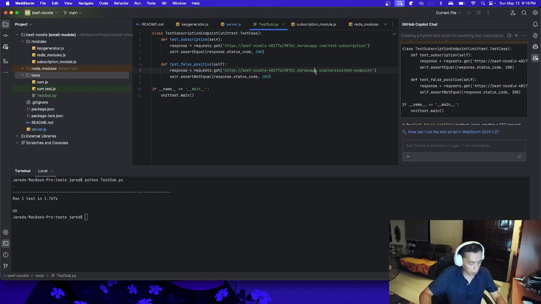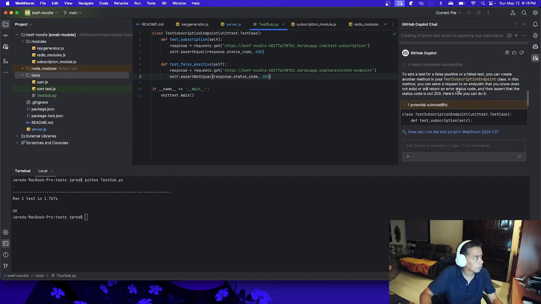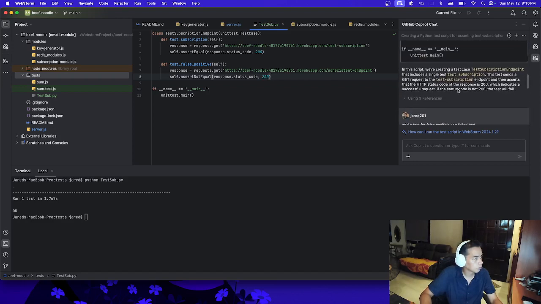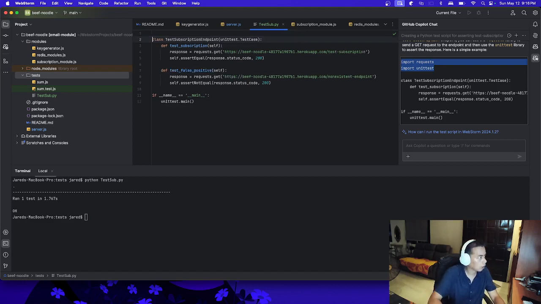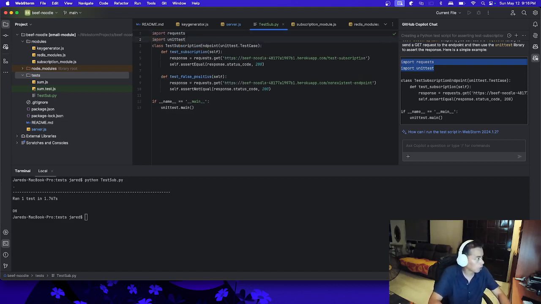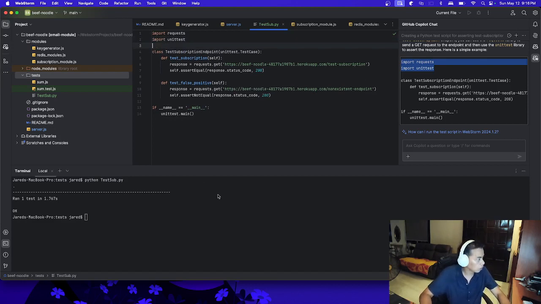So let's save our test. I think we forgot to add import tests. Let's do that, because our code will fail if we don't have that. So save and let's run again.